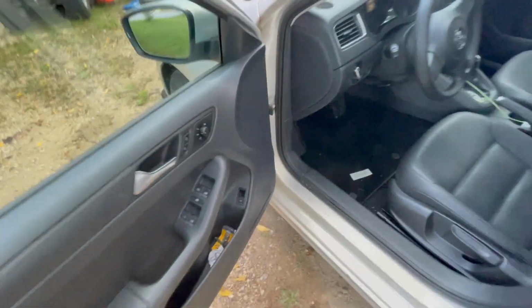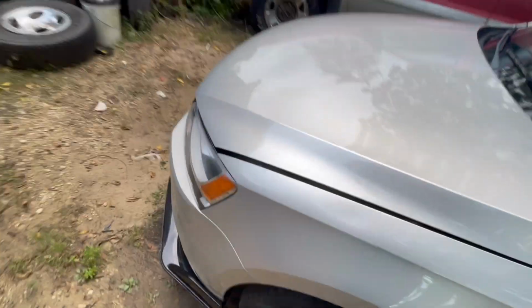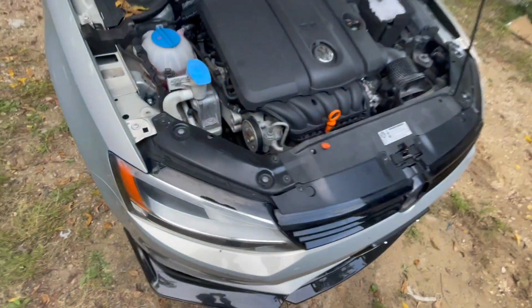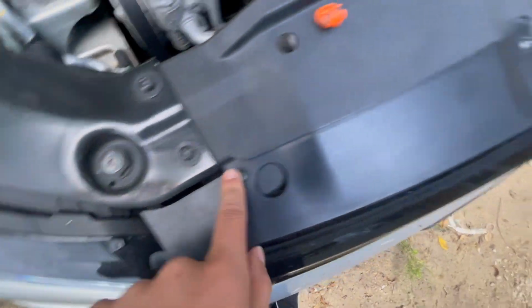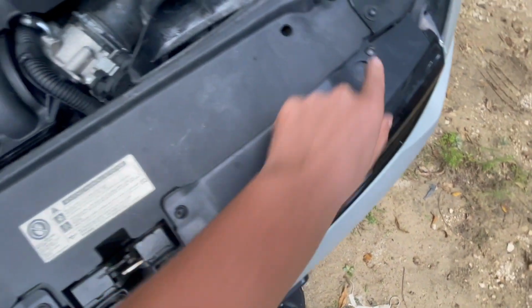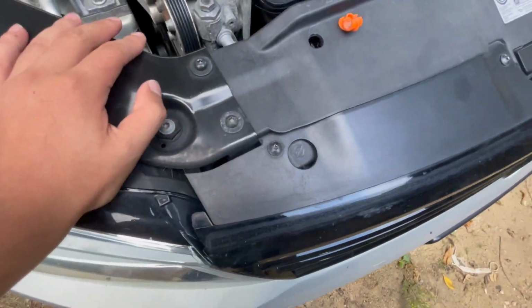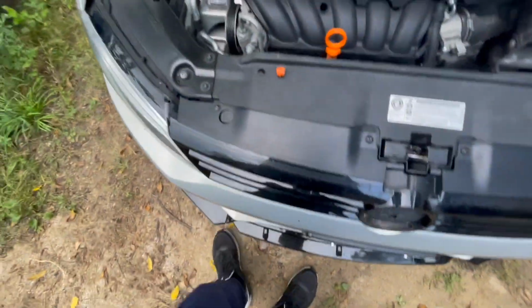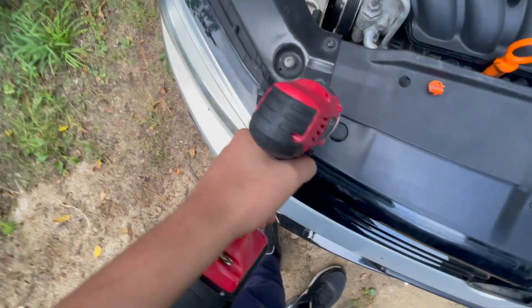Pop the hood. Lift it up. Put this thing right here. Yep. So first of all, you got a screw right here. You got another one over here. You got another one over here. Another one over there. They're T25 screws. It's one of these star-shaped ones. T25. So put the drill on